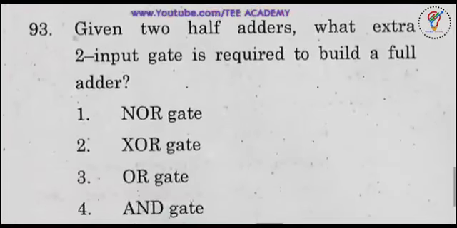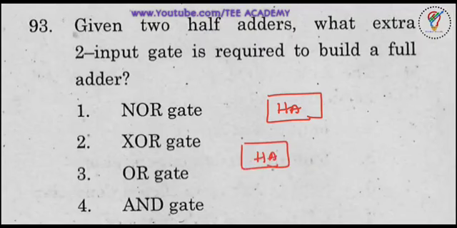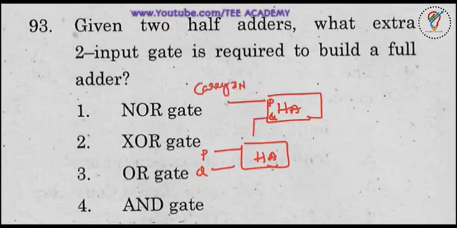Next question. Given two half adders, what extra 2-input gate is required to build a full adder? Okay, so let me take the two half adders. I have one half adder here, another half adder here. Let me take the inputs P, Q, and the input P, Q here. For the first half adder, the input is carry in, and here Q is taken from the output here, and the other output is here,